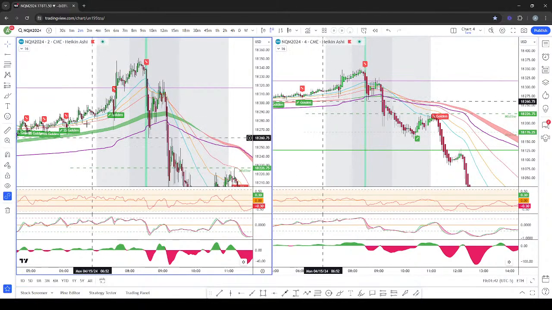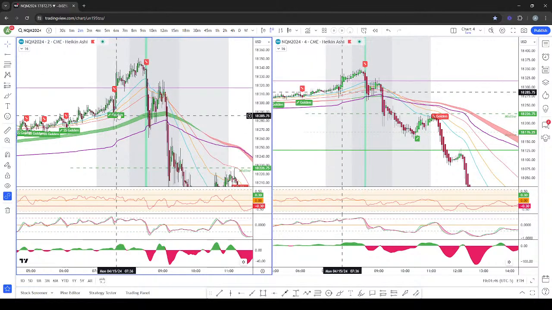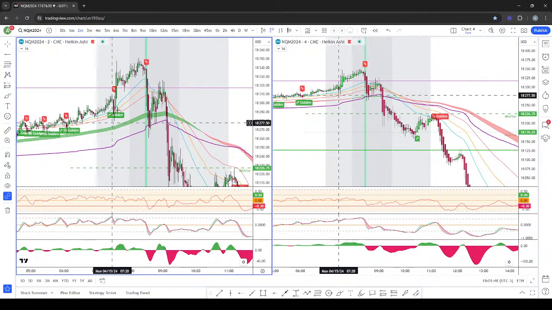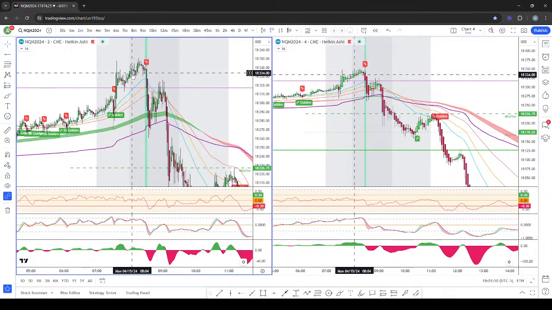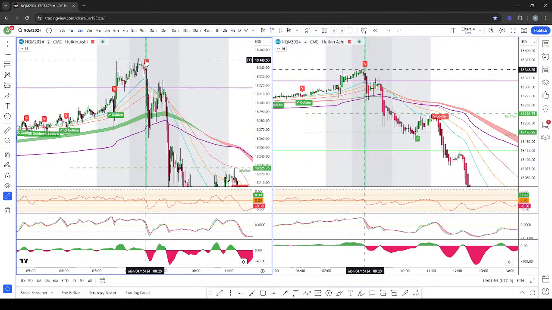So when I see this it's really nice because price is moving up. We did have some news here in the morning, but then price just continued to go up, right into the